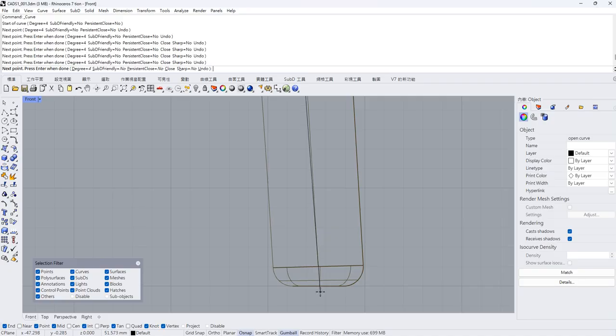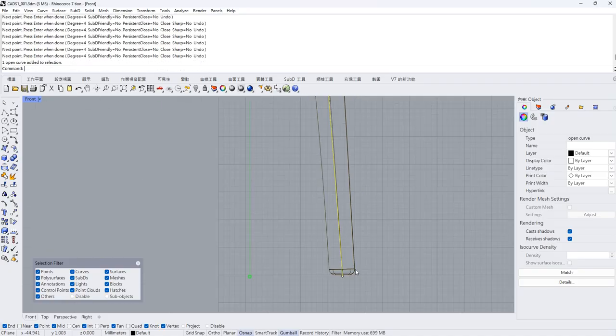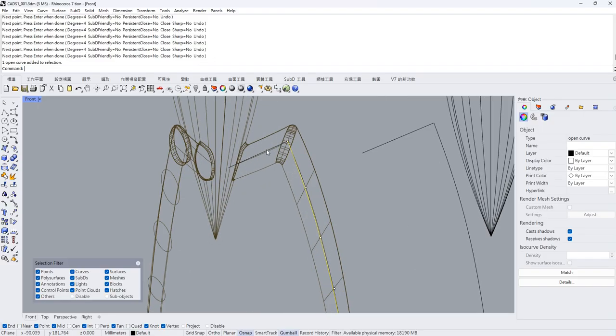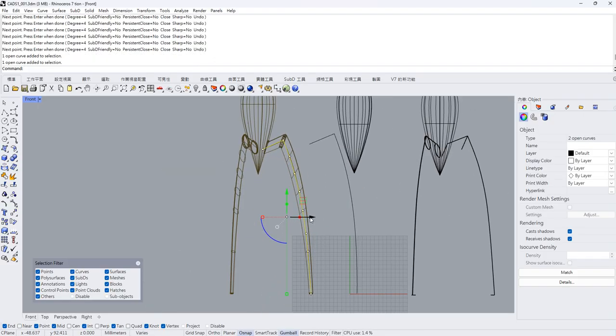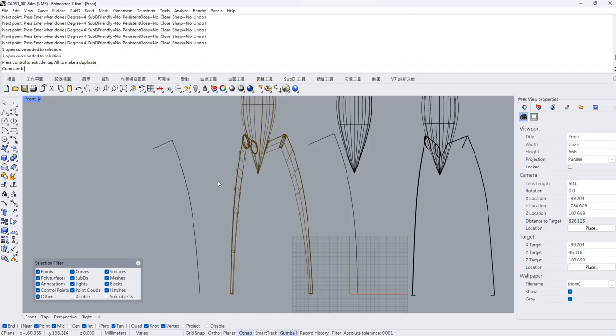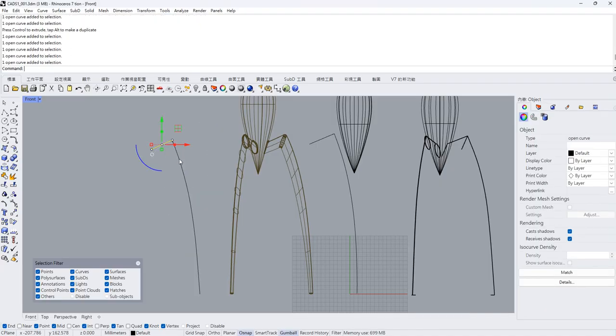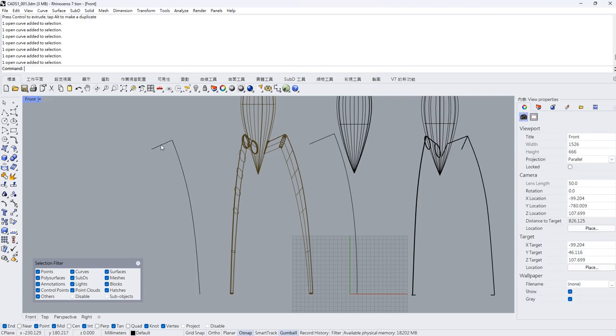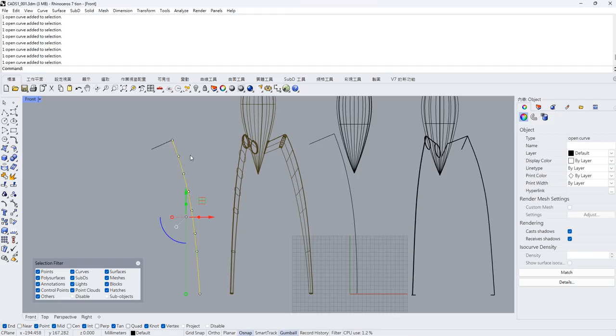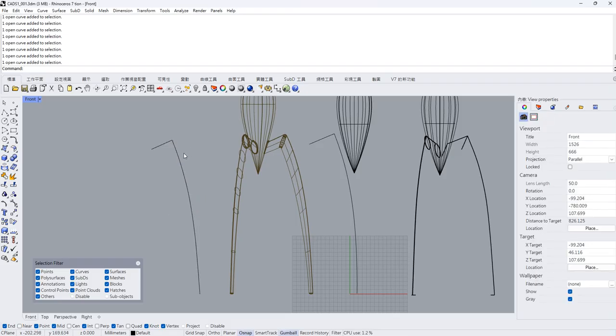Okay, and finally, let's draw like this. So this is the curve we have. Let's move them to the sides so that you can compare with that. So this one, I think it looks pretty much down. But right now, they are two different objects, right? They are two different objects. This is the first one. This is the second one. So in order to join them together,